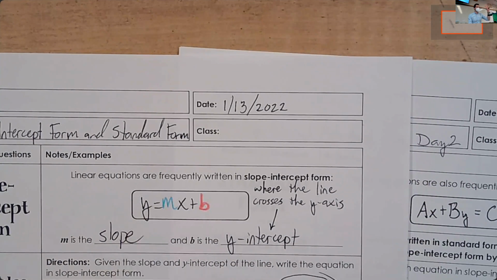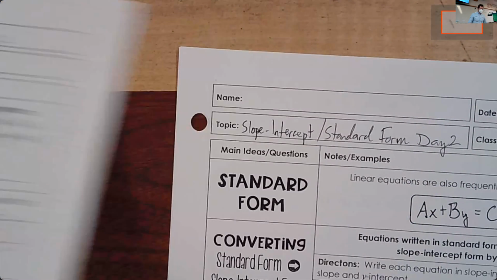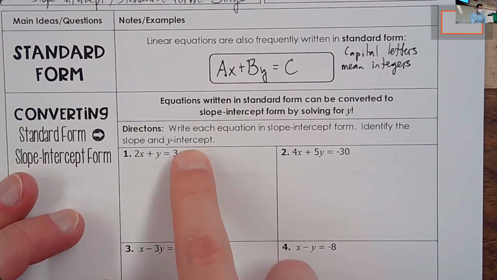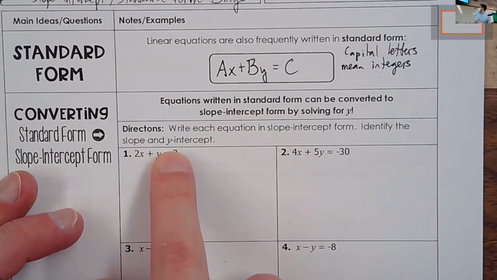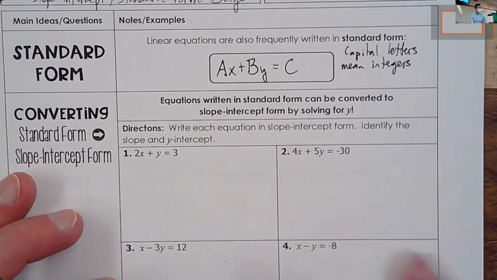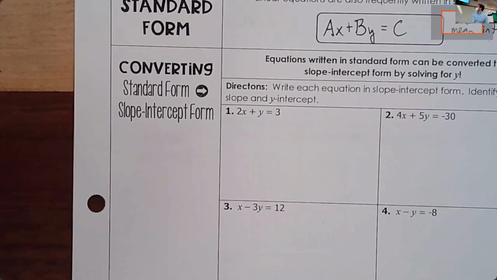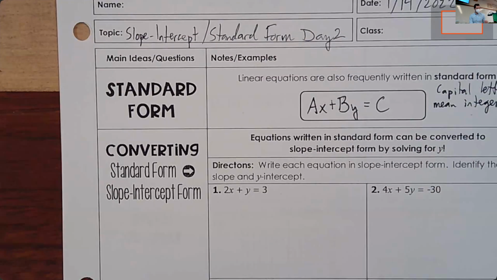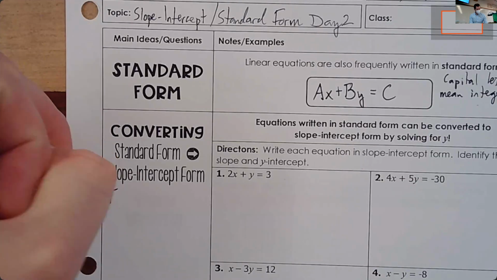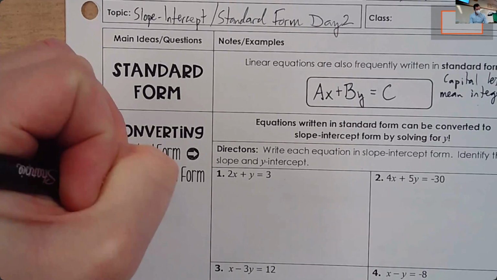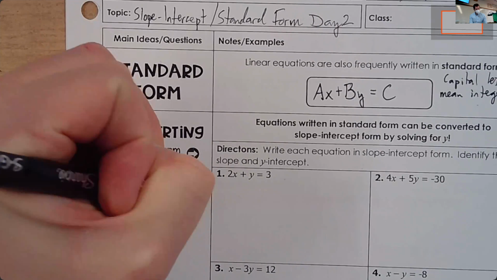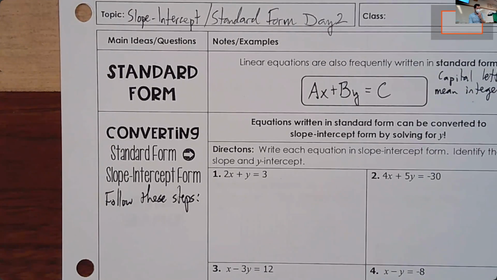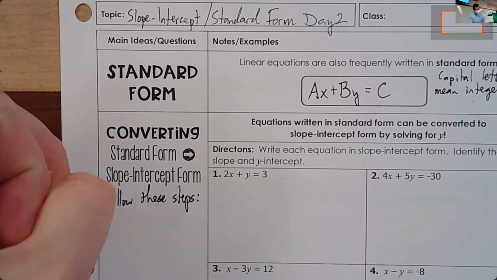So there's going to be 2 steps of algebra that we have to do, and I'm going to write down those 2 steps for you off to the side. So the directions tell you to write each equation in slope-intercept form and identify the slope and the y-intercept. We did that yesterday. We'll be able to do that today too. But converting from standard form to slope-intercept form, there's going to be 2 steps. So follow these steps. And good thing, there's only 2 steps, so there's not a whole lot of work to do to make this work. So step 1,